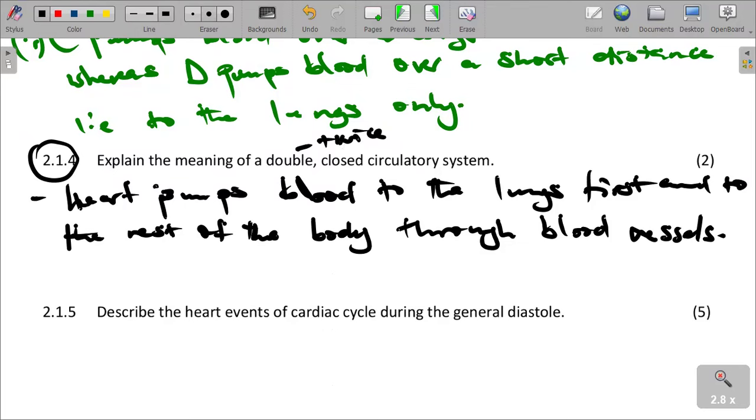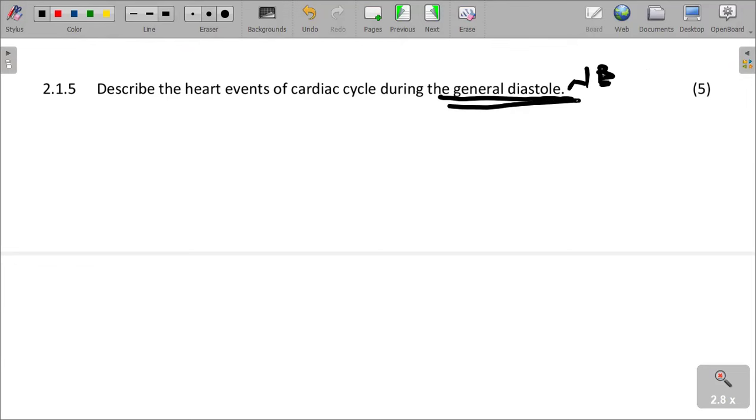And then, describe the events of the cardiac cycle during general diastole. Number 5.1, the question is saying during general diastole. That is our part. So now what we need to understand is that during general diastole, the heart relaxes, and then deoxygenated blood enters